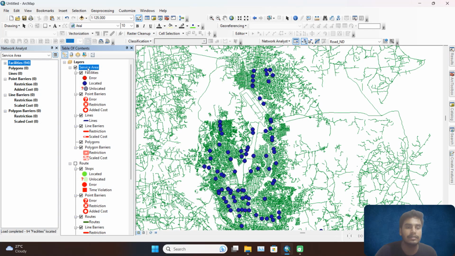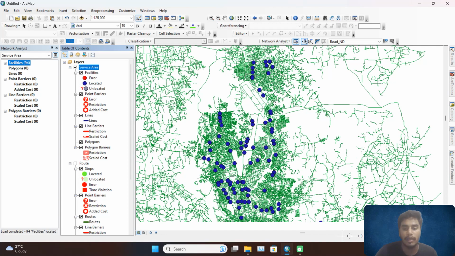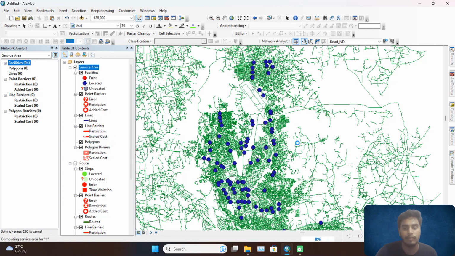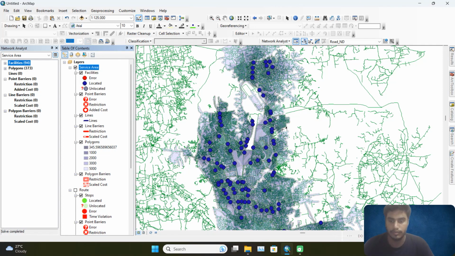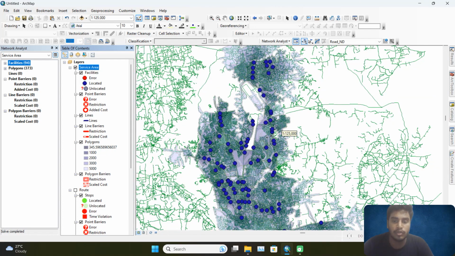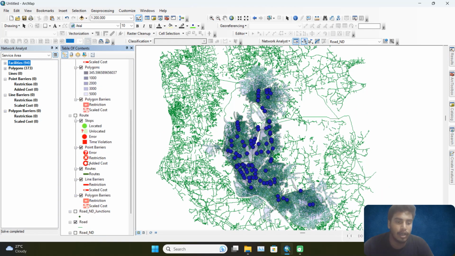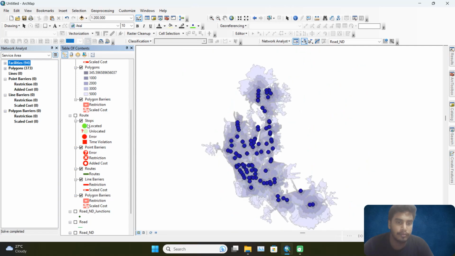Now if we solve this service area, the service area will be calculated. So we right click on the service area and click solve. As you can see down here, the service area is being calculated. As you can see, the area has been calculated. So if you untick the road here,